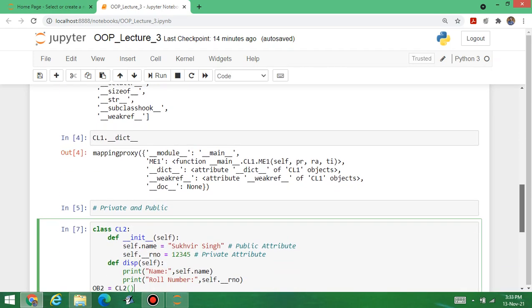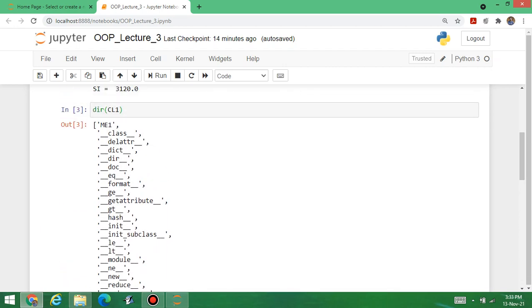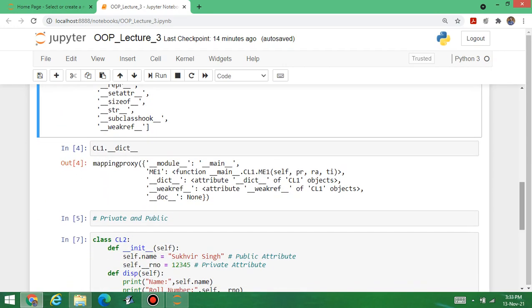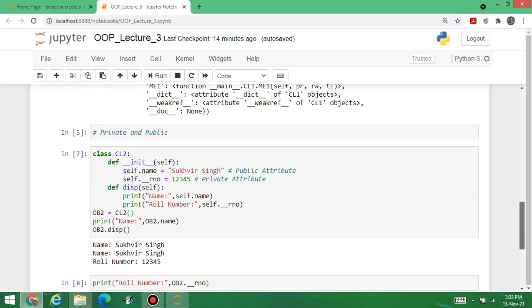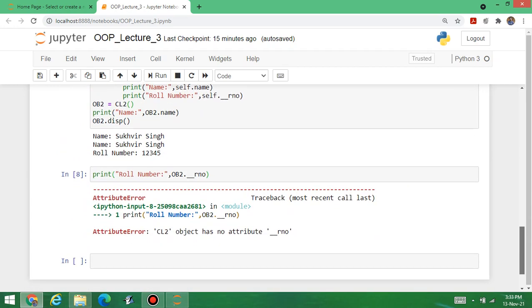And second, you can see the part which lies inside, such as dict, and you can find the mapping proxy of this dictionary. Then what is the meaning of private and public? How can you design public and private attributes? And accessing a private attribute is not possible outside the class.